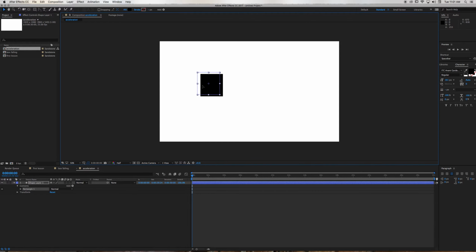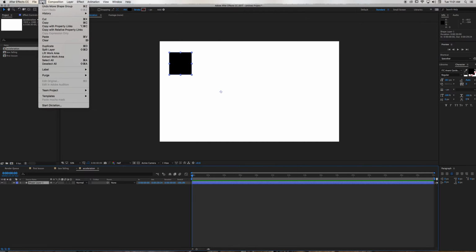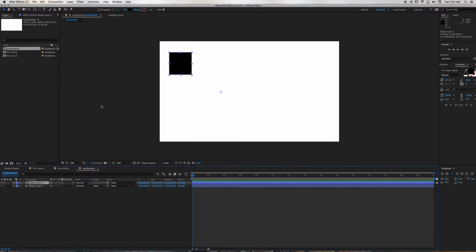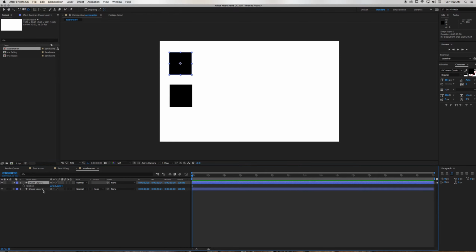Let's say that I'm going to have two of these things. So if I get this layer, shape layer 1, and I come up to edit, I can choose duplicate. So that means now I have two things. Command D. Yep. I'm just going to put layer 2 underneath layer 1, because layer 1's on top, just trying to maintain a sense of logic between what happens in the timeline and what's happening on the screen. So with layer 1 I press P for position, I'm turning on animation,